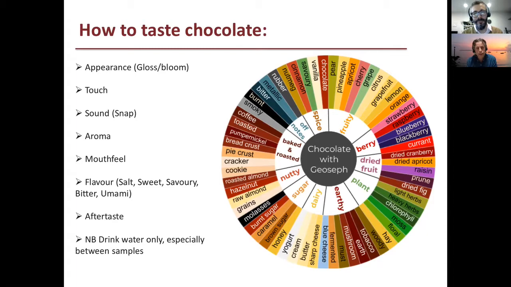So dark will always be shinier than milk, but there should be no bloom, none of this grey or matte appearance. You should have a nice uniform appearance. When you touch it, it should not be greasy to the touch. Chocolate will obviously melt if you keep holding it because you are the same temperature as the melting point of cocoa butter. But when you just put your finger on the bar, it shouldn't be greasy. So long as it's got a decent amount of cocoa solids in it, you should get a decent sound when you snap it. So you should be able to hear it break. Again, this is more noticeable on dark chocolate than it is on milk.